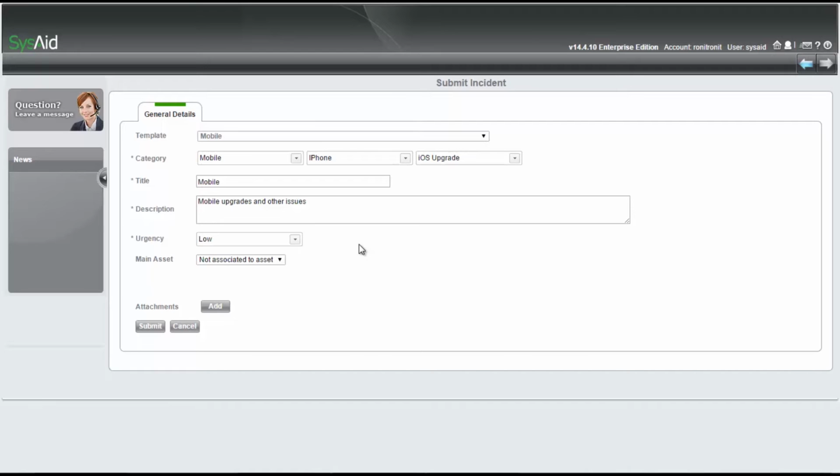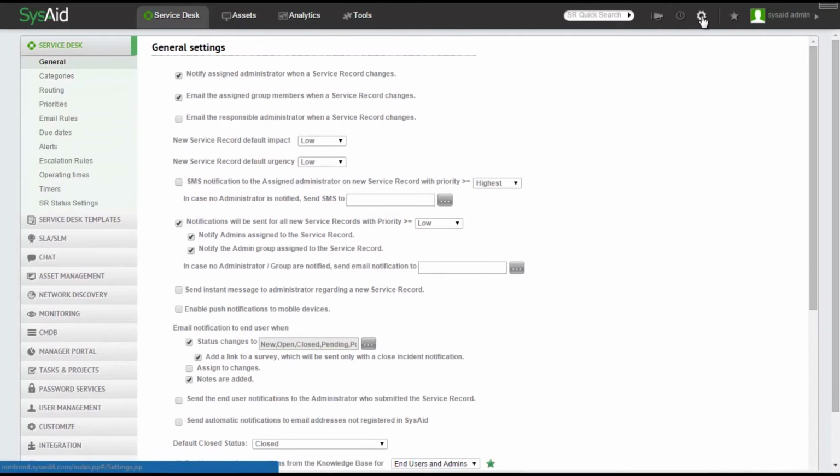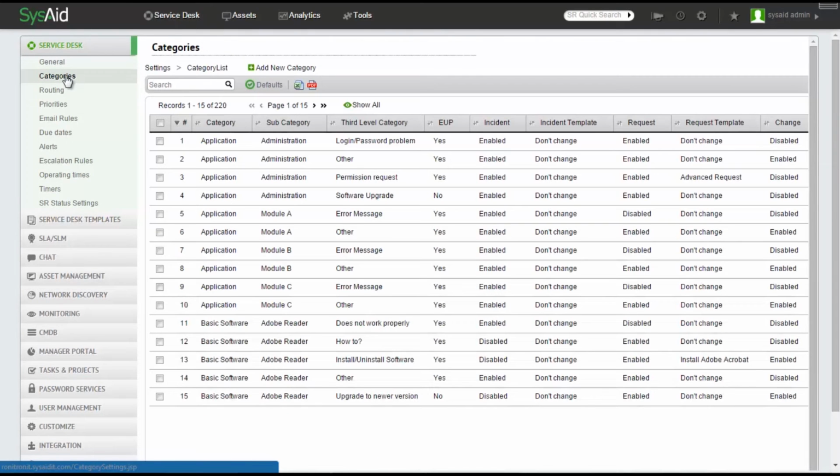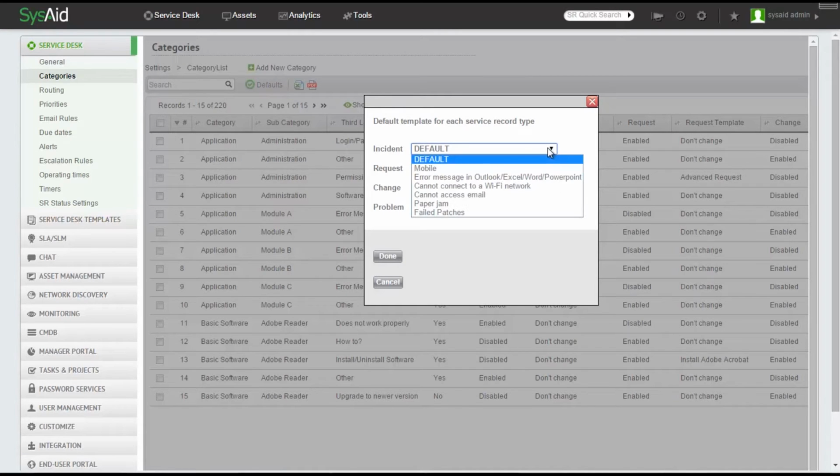So let's go back to the category screen. Settings, Service Desk, Categories. What else can I do from here? I can set default templates for each service record type by clicking on Defaults and selecting a template from each service record type drop-down. Let's say that for incidents, I'd like it to be mobile,